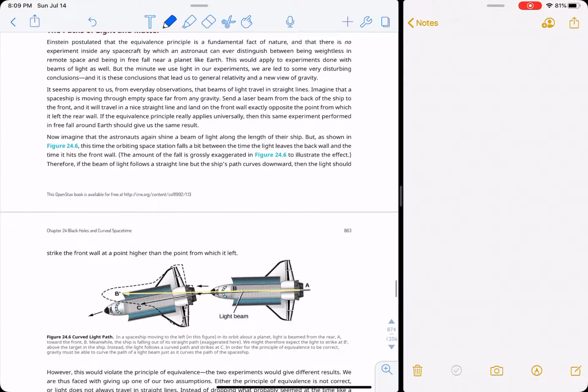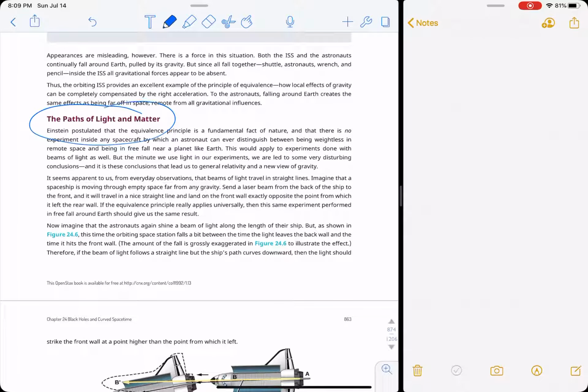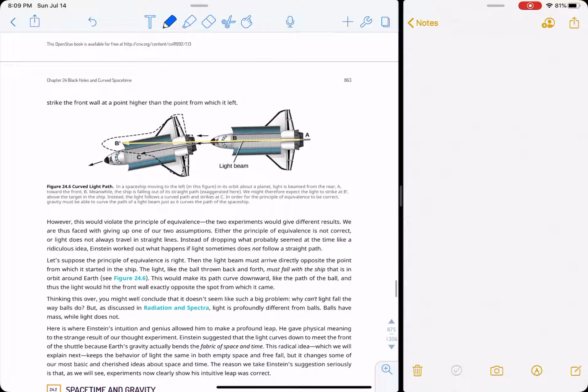Okay, so one of the key things about gravity that Einstein realized is that gravity affects light too, just the same. Light falls at the same rate that apples do, or anything that you push off the table, or your cat pushes off the table. So the idea here is, again, it's a confusing image, but the beam of light, so it says, in a spaceship moving to the left in its orbit around a planet, the light beam from the rear, starts at A, moves forward to the target at B. The ship is falling out of the path, so